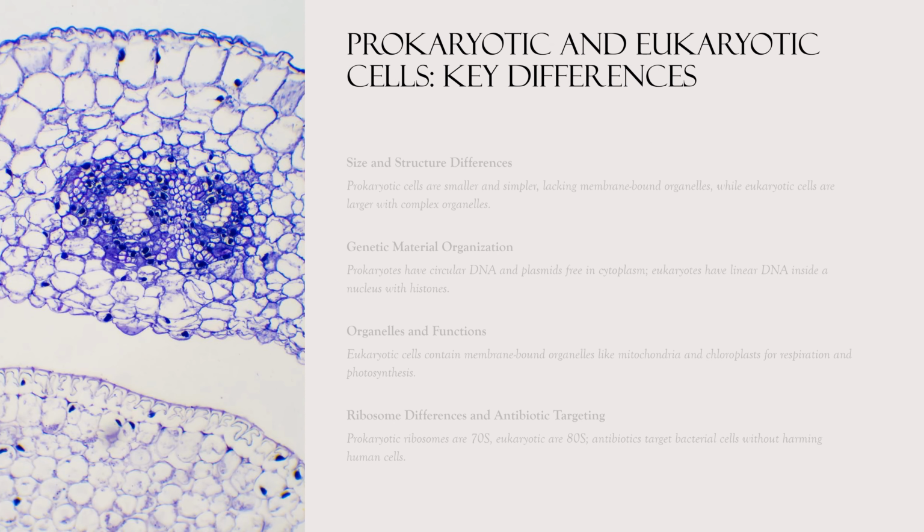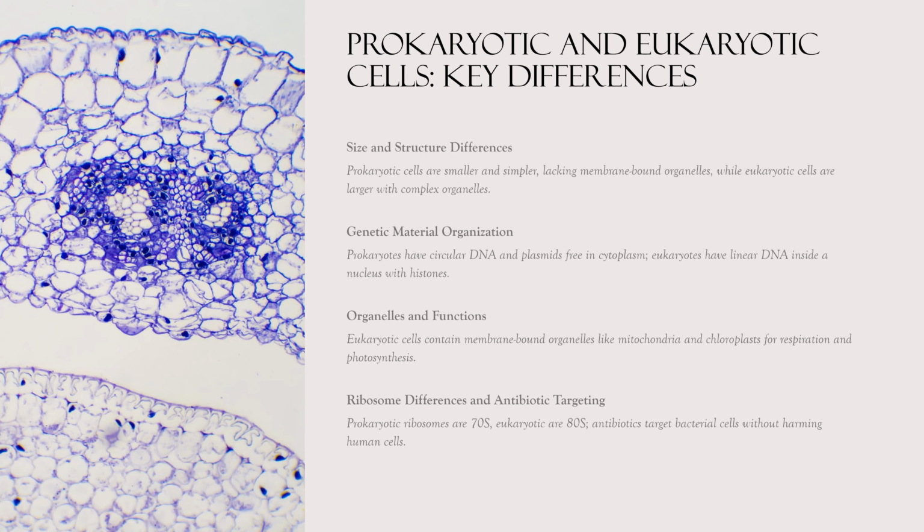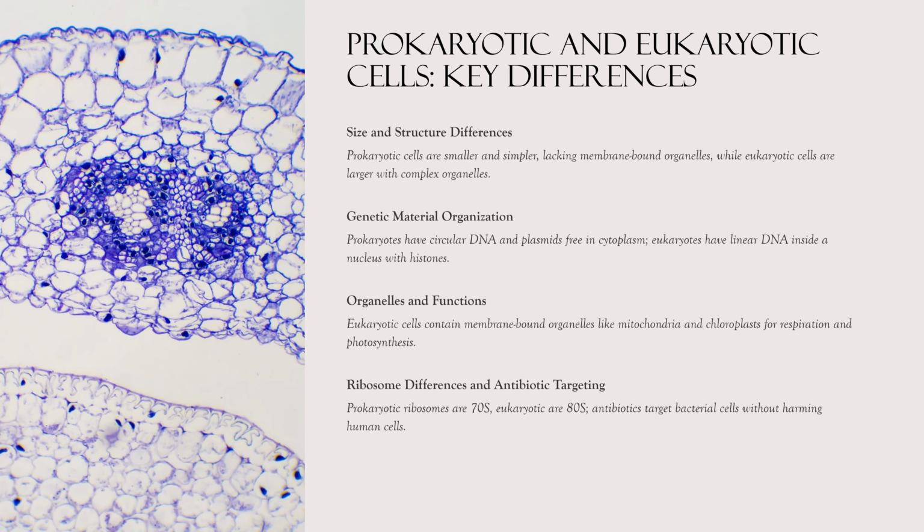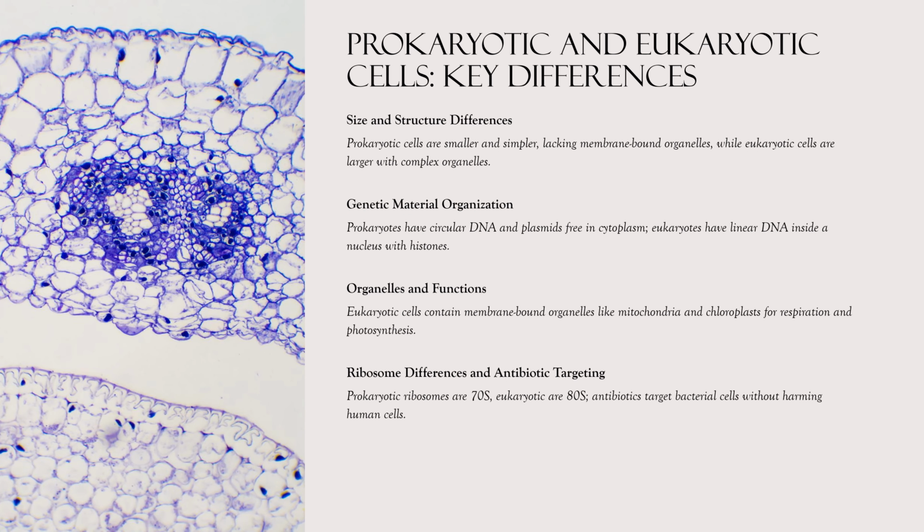Prokaryotic cells, such as bacteria, are typically much smaller, with diameters around 1 to 5 µm and lack membrane-bound organelles. Their genetic material is circular DNA found free in the cytoplasm, often alongside plasmids which carry advantageous genes such as antibiotic resistance. Prokaryotes possess a cell wall made of peptidoglycan and may also have features like flagella or capsules that